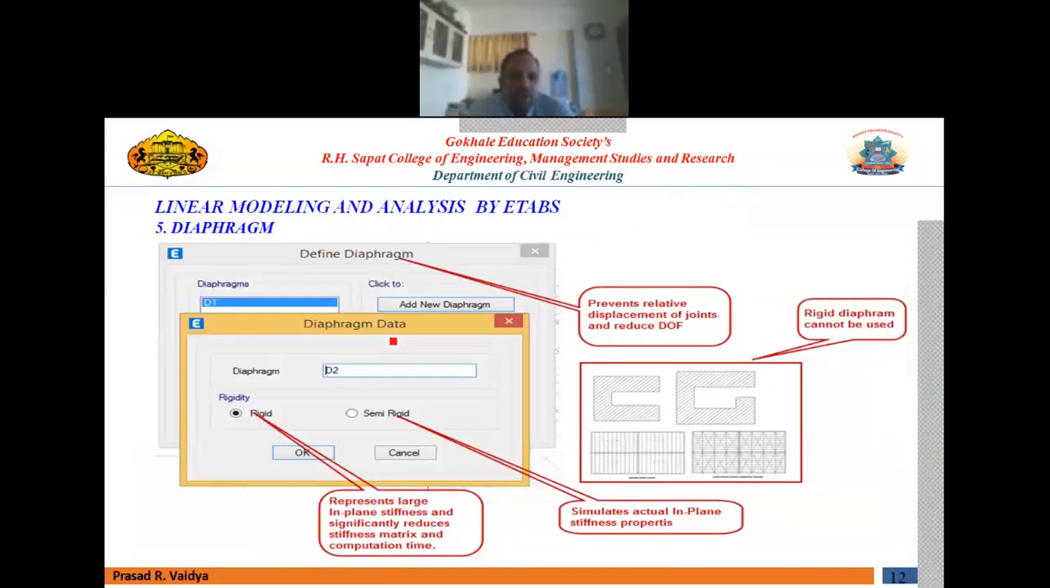Okay, now the next very important thing is about the diaphragm. So why do we need the diaphragm actually in ETABS? That is again a question most software users do not understand, why we